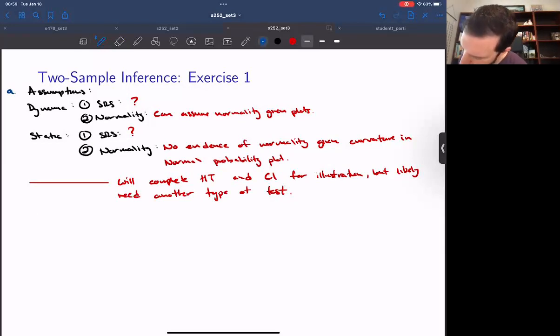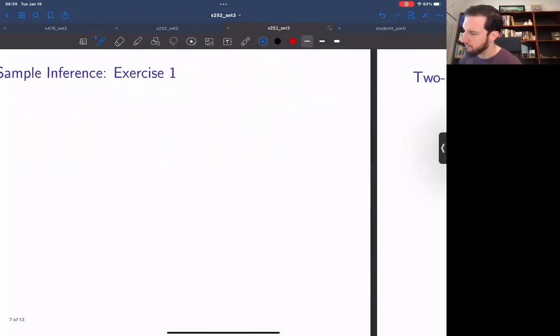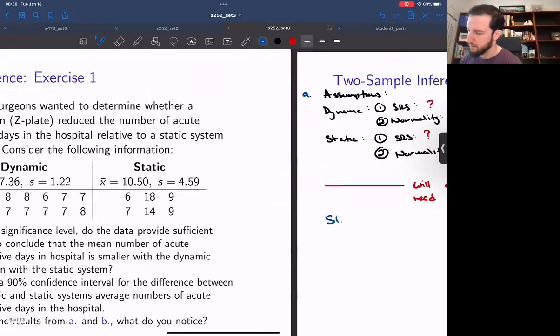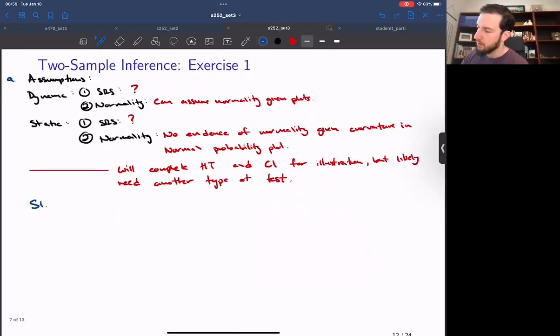All right, so step 1. Okay, so we want to know at the 5% level, do the data provide evidence that the mean number of acute days in hospital is smaller with the dynamic system than with the static system? Okay, so we're going to have here